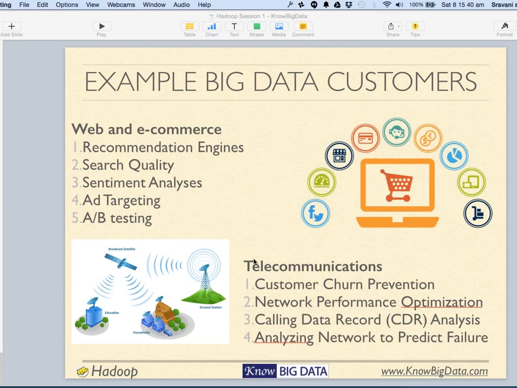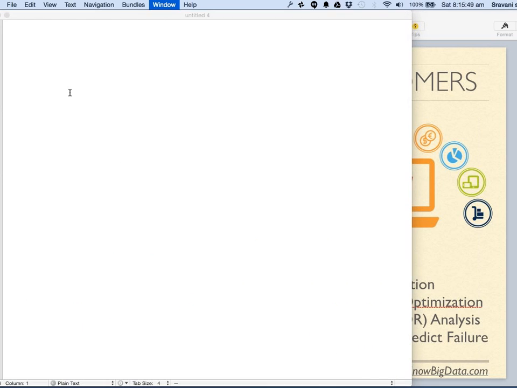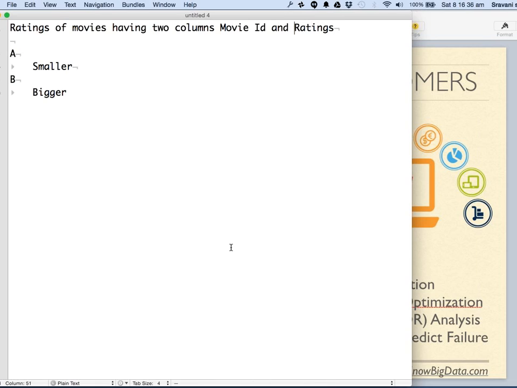Great. So my question was, if you have two data sets, okay, data set A is smaller and B is bigger, and it's the ratings of movies, having two columns, movie ID and rating, or let's say ratings by various users.